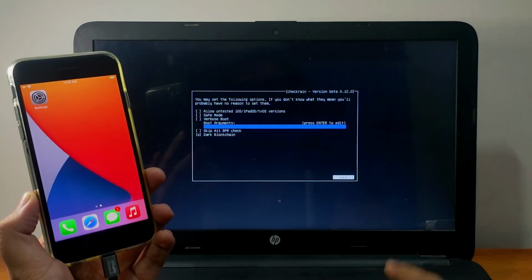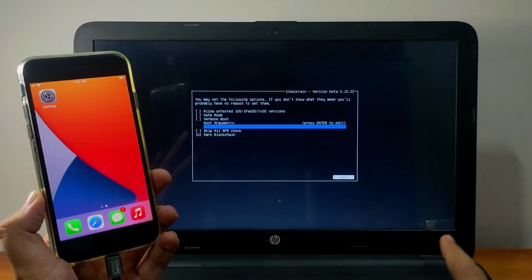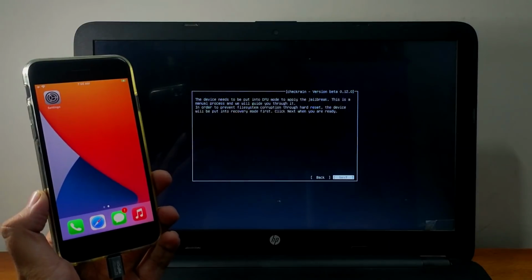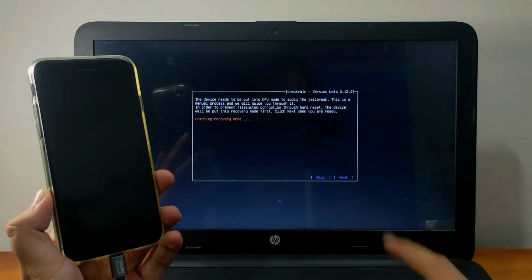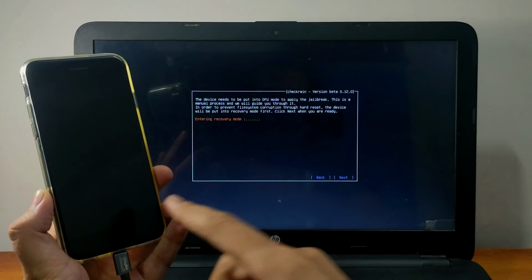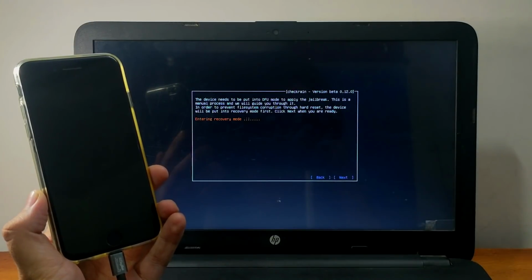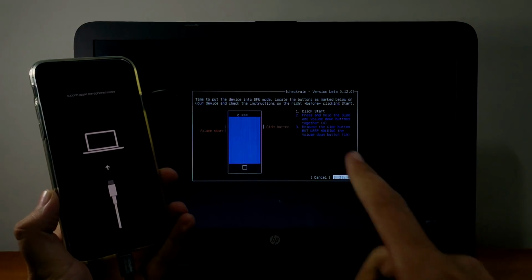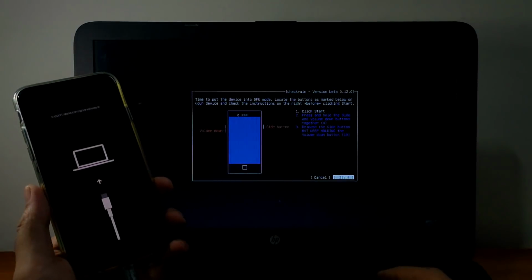And keep that in mind, you have to allow this option only for the A11 devices, not for the A10 or A10X devices. If you have other A10 and AX devices like iPhone 7 series and others, you can directly proceed without allowing any option. So I have cleared two things, so keep that in mind, or watch the macOS method. In that I have explained in detail each and everything from the Checkra1n official website. Now you need to just put your device into DFU mode, so just follow the instructions on the screen.